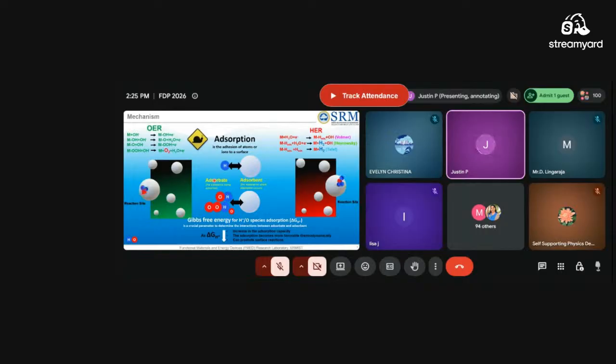So the quantities are called adsorbate and adsorbent. In this case, the adsorbent is nothing but our electrocatalyst material, whether it's a cathode material or anode material. So in that case, the adsorbate is